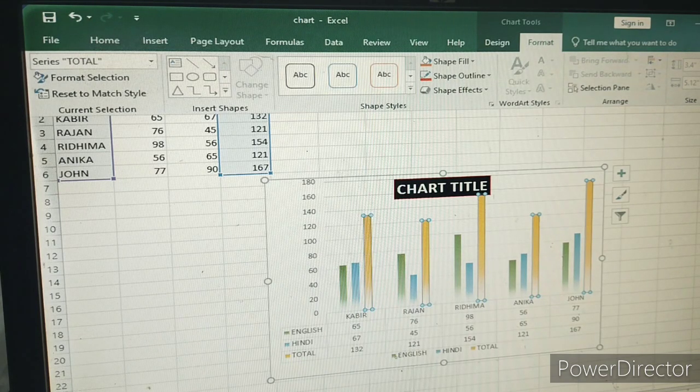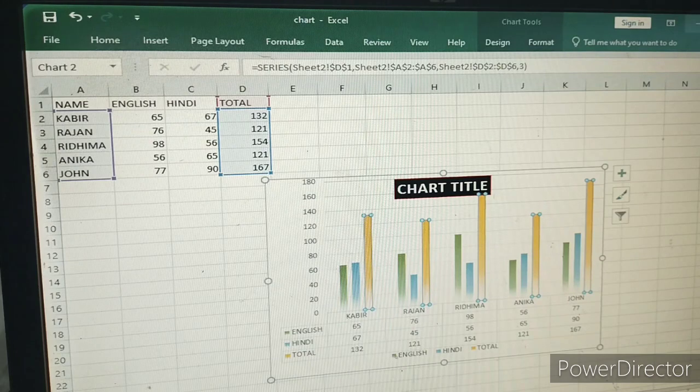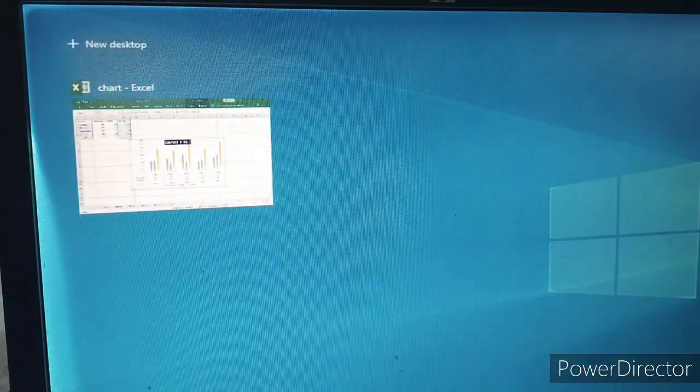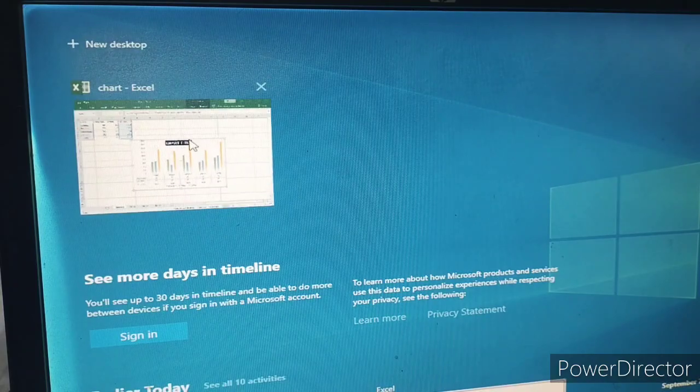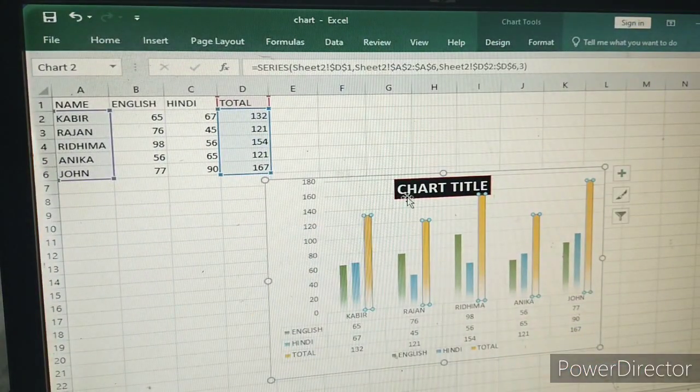Next one is layout. How to move a chart? If I want to move this chart, what do I have to do? First, click anywhere in the chart.